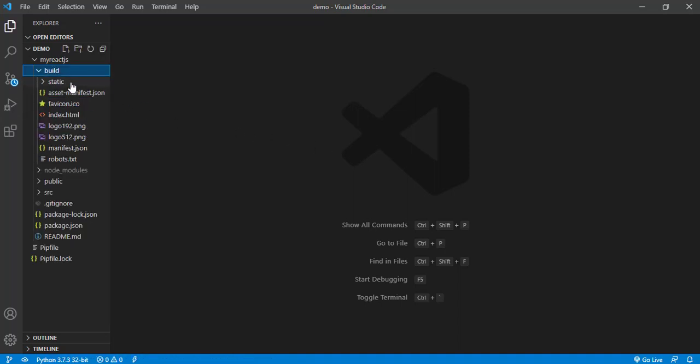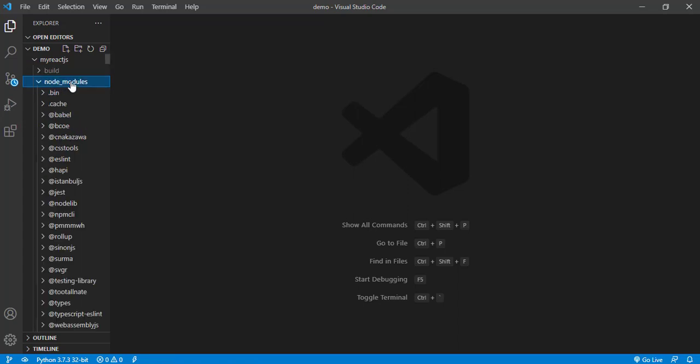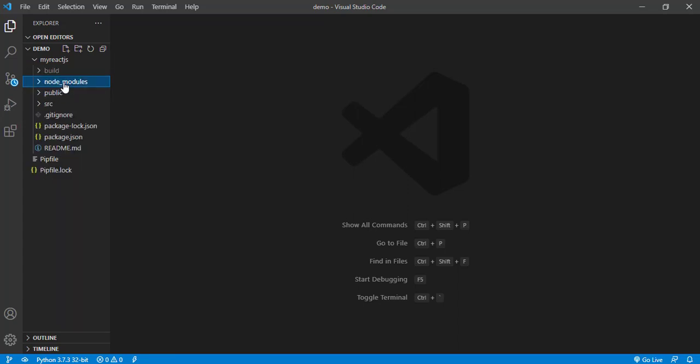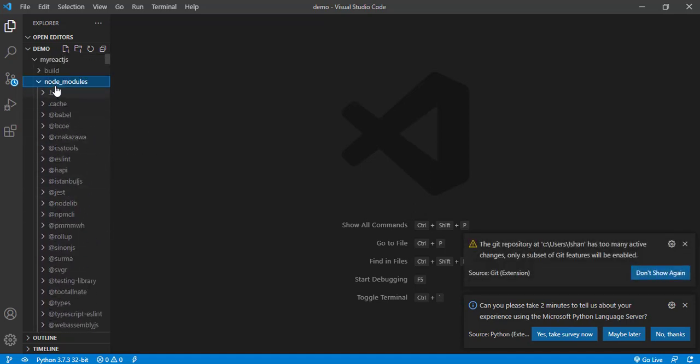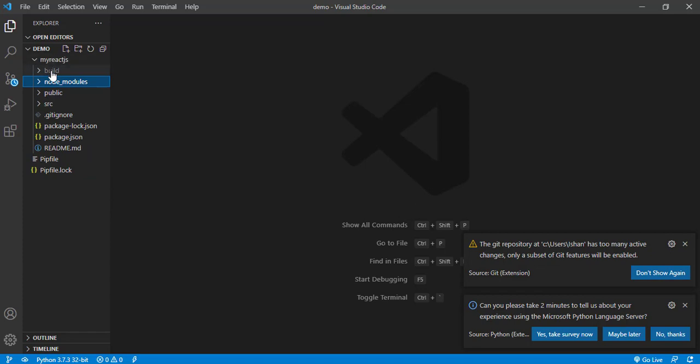You can't touch the build folder or node modules. Inside node modules are the packages that we install, and you should never delete these folders. Now check the public folder. You also shouldn't delete anything from public.